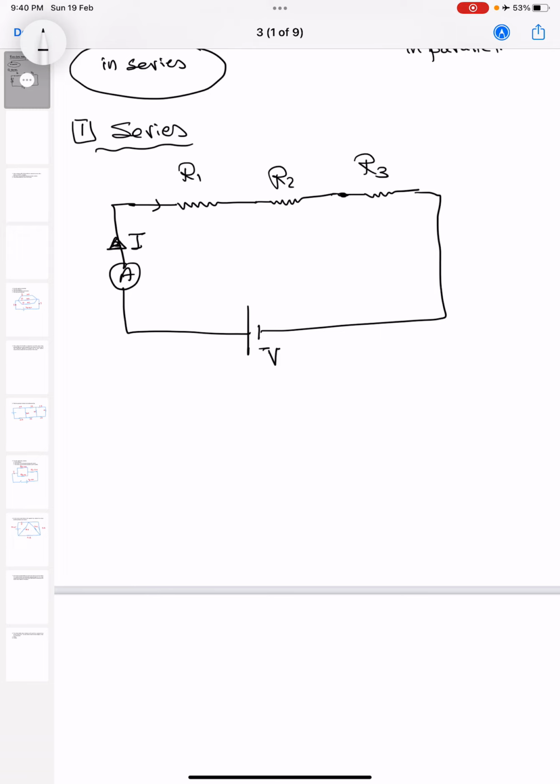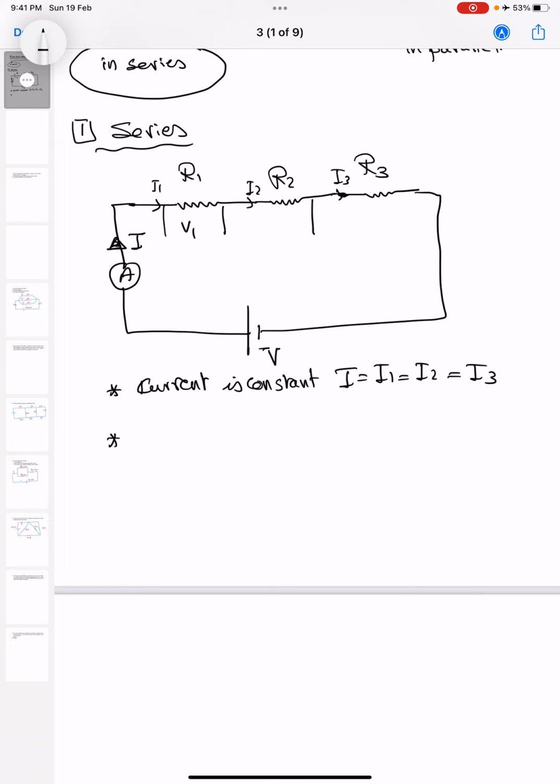This is the same current I1, here I2, here I3. We see the current is the same. So in series, current is constant. Current is constant, not divided. So I equals I1 equals I2 equals I3. But the potential difference across the first resistance differs from the potential difference across the second resistance and the third